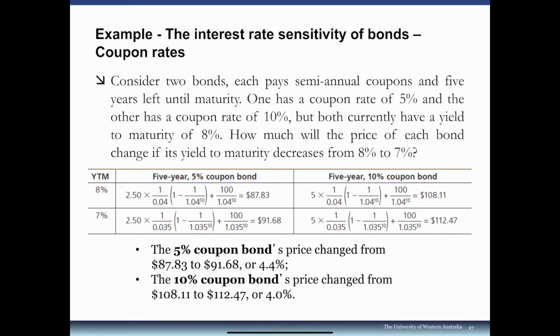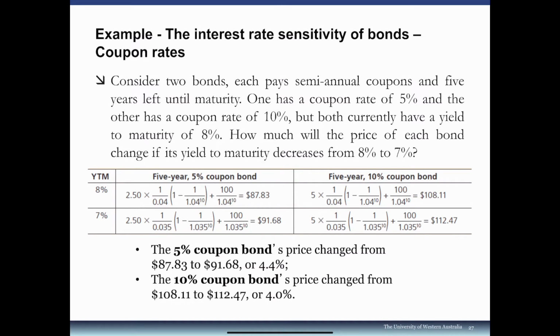Now the yield to maturity goes from 8% to 7%, so yield to maturity decreases. If it decreases, the price should go up because the required rate of return from the investor goes down. They're happy to pay a higher price. So in this case, not surprisingly, both bond prices increase. For the 5% coupon bond, 2.5% every 6 months, it goes from $87 to $91. For the 10% bond, which is 5% every 6 months, the price goes from $108 to $112. So the change in bond price is 4.4% for the first bond,